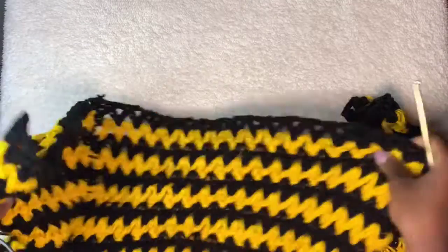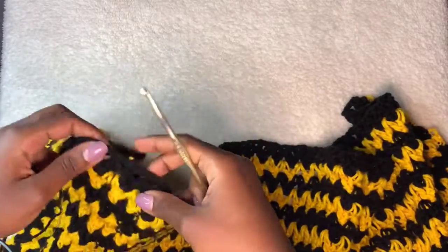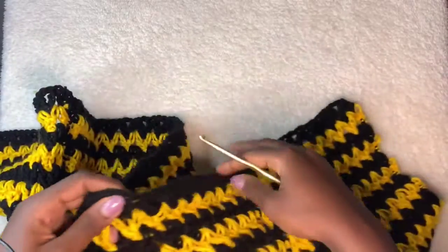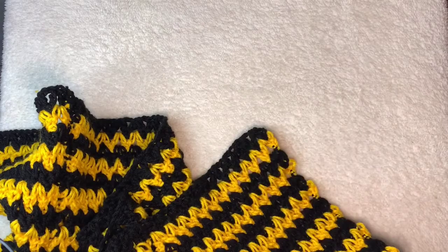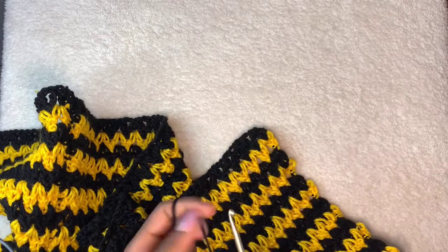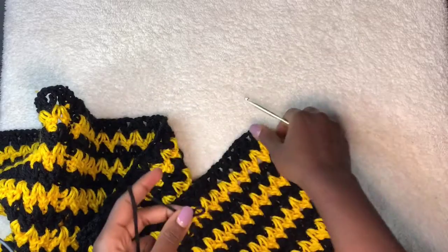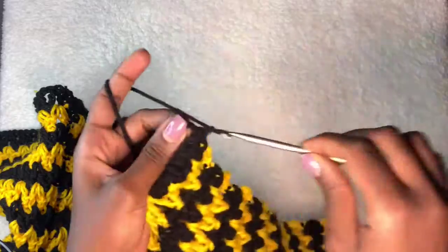So for the bottom of the sweater, we're going to be working from this end across the front panel, across the back panel, and onto the front panel on this side. So let's attach our yarn. I'm still using black for the edging. I'm going to attach my yarn here in the corner